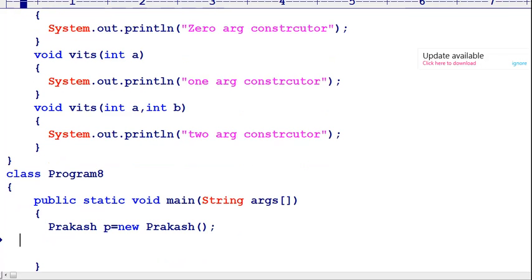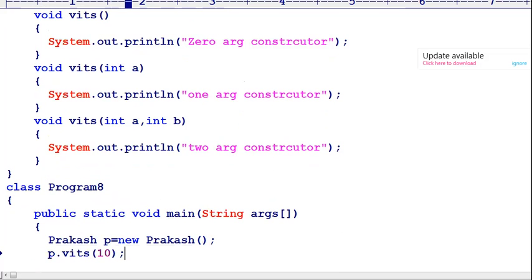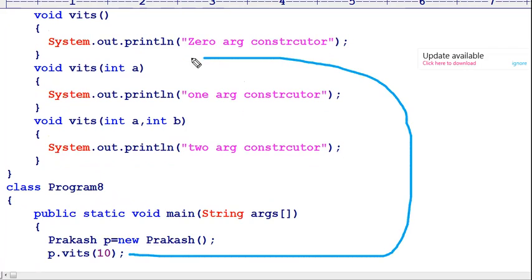After that, I can call p dot widths by passing 10 as the argument. How many arguments am I passing here? Only one argument. When you pass one argument, which code will be executed? The one argument code will be executed. When it is executed, I would like to call each and every one.